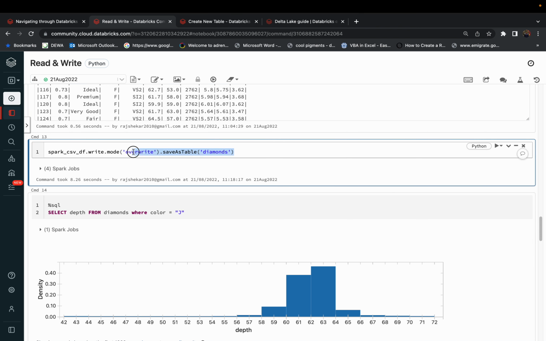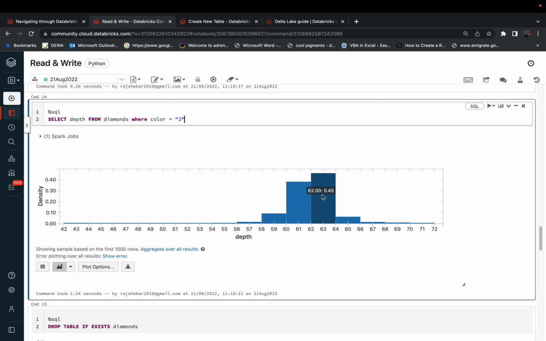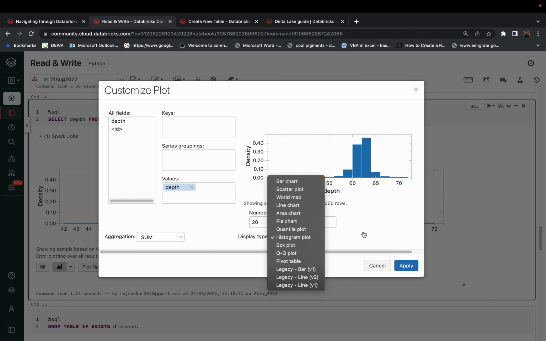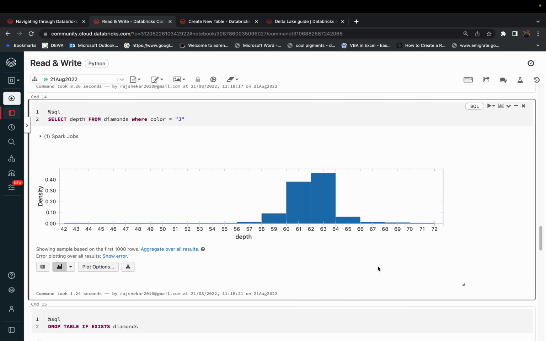We can create a separate table by using this command so that we can have SQL queries, and we can easily have these kinds of interactive graphs, and we can plot any of the things, and we can have different plot options wherein we see different things. We can adjust the number of bins, we can change the display type, whatever it is. We can also change the aggregation functions, such as average, without writing any of the code here. So this is one of the fastest ways of analyzing our data in a quick way,